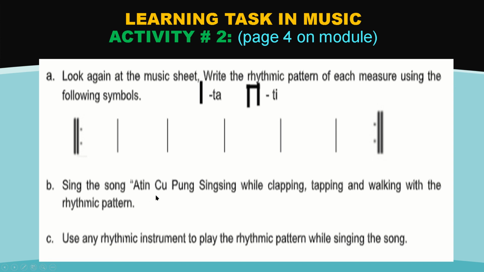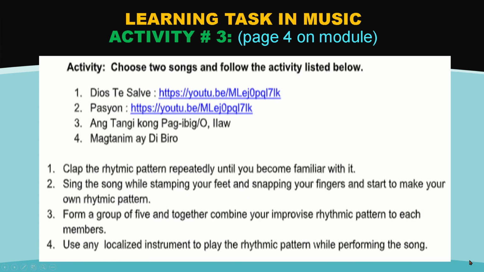Sing the song Ate Ko Pong Sing Sing while clapping, tapping, and walking with the rhythmic pattern. So, that's how you're going to do it. And for letter C, you're going to use any rhythmic instrument to play the rhythmic pattern while singing the song. Alright, and for your activity 3, that can be seen on page 4 of your module,